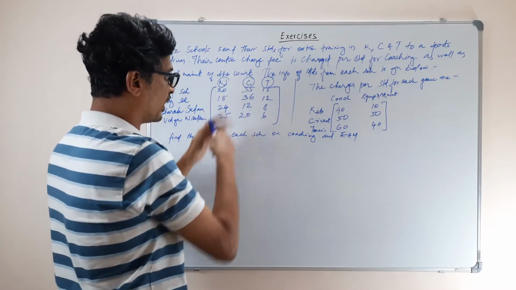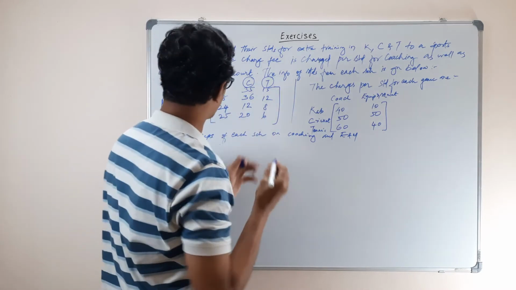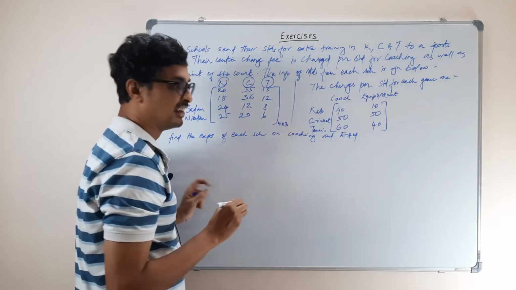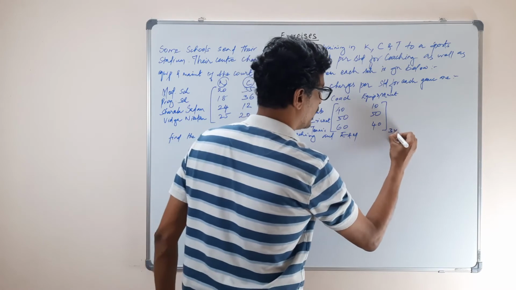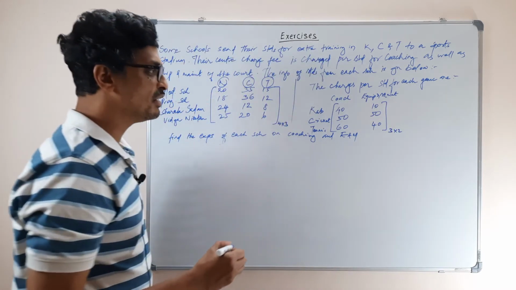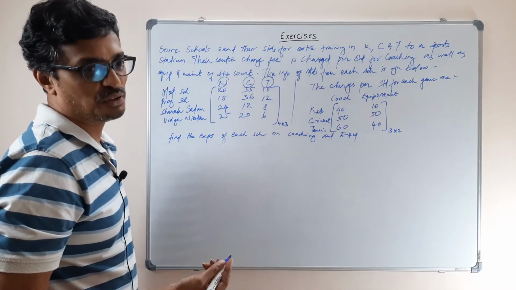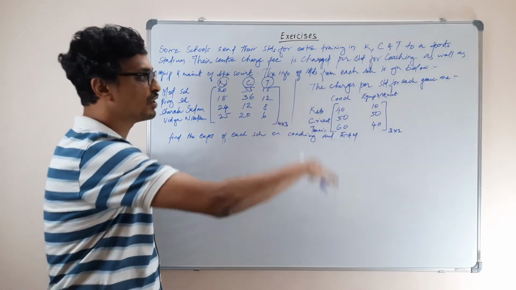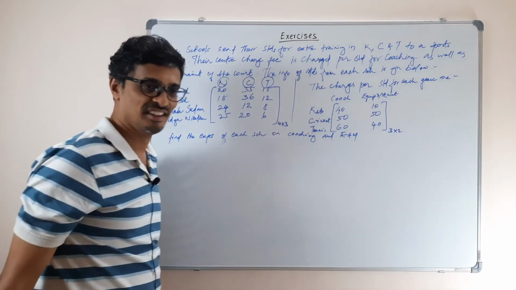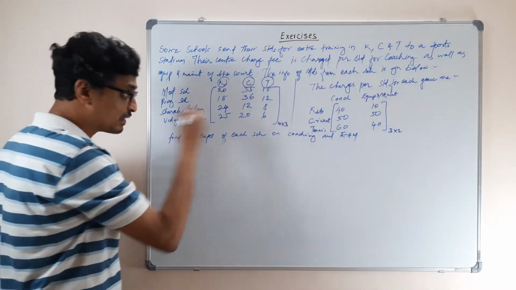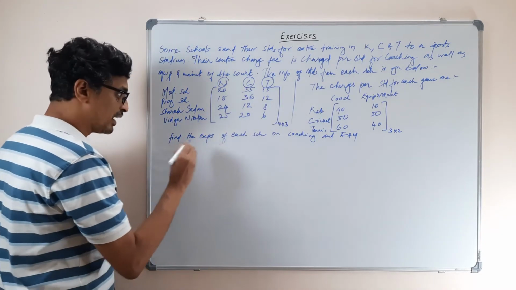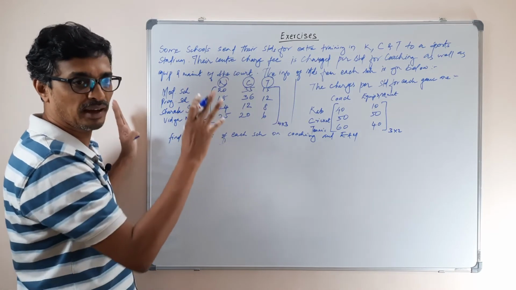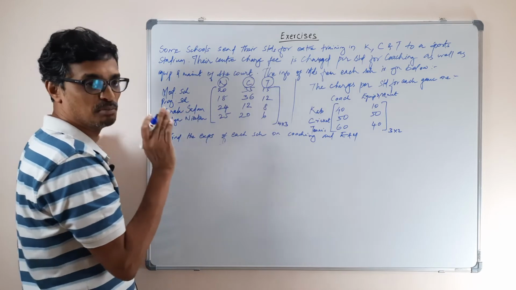What is the dimension of it? 4 by 3. And that is 3 by 2. So what will be the outcome? 4 by 2. Four rows correspond to the 4 schools and 2 columns correspond to coaching and equipment. You understood? So this is actually a very simple problem. Whenever you get such a problem, don't think it will be long or complicated. At times this can be very simple.